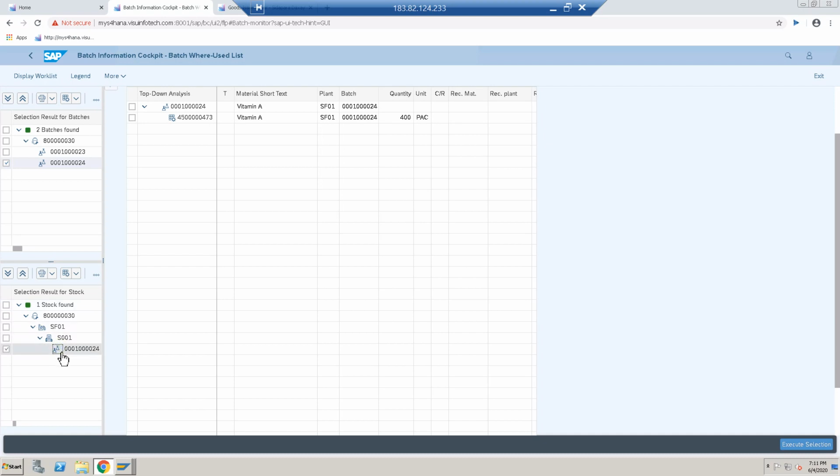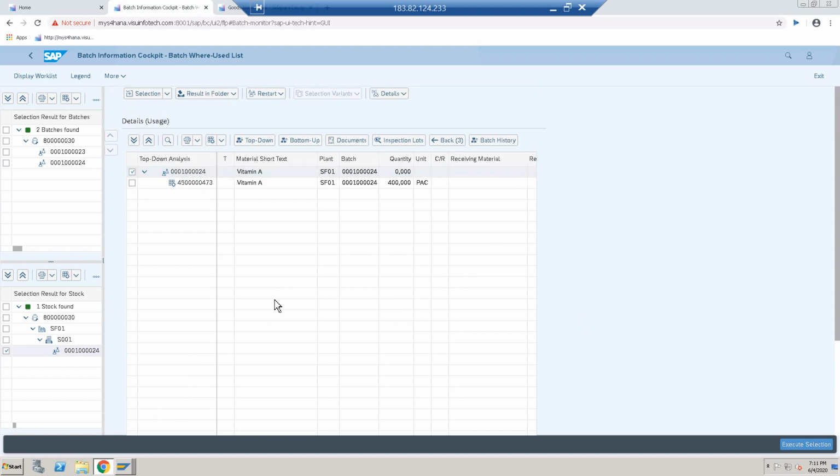Expand it. This batch has 400 stock. This is how to see the batch.